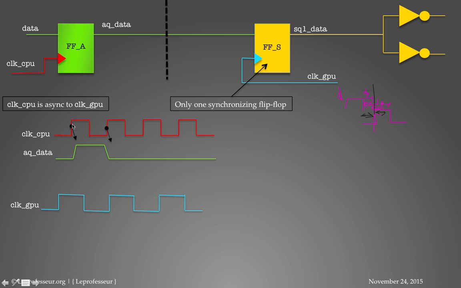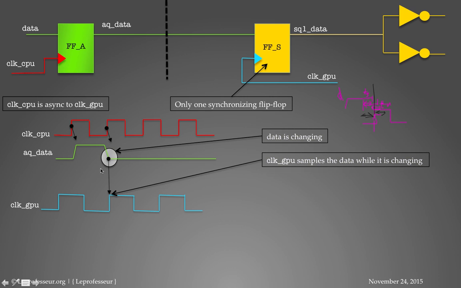After some time of the rising edge, data changes, and then again. Now what happens here, if this is just one flip-flop, and the clock GPU period is not too big, it's just slightly higher than clock CPU? What's going to happen in that case? Most likely